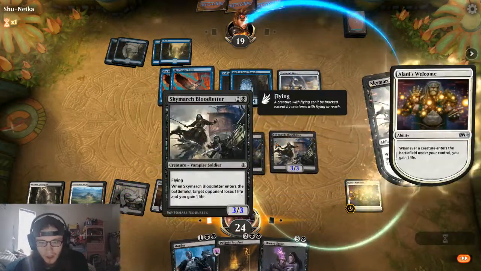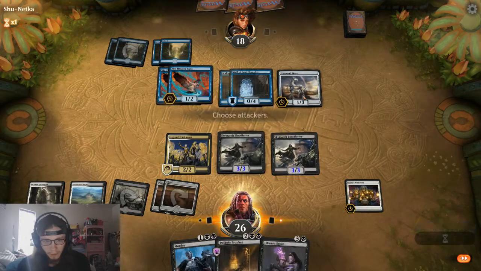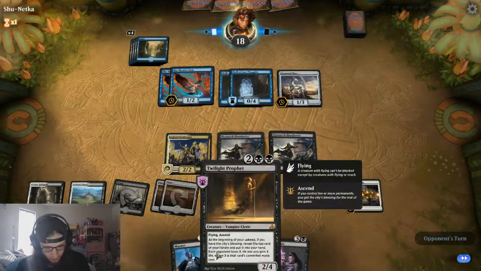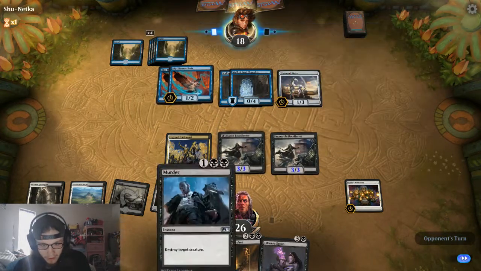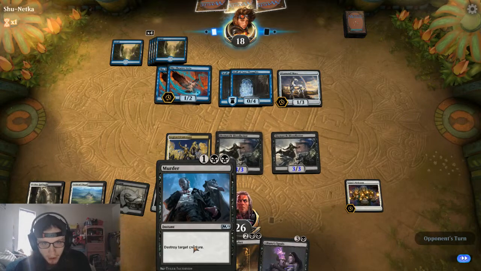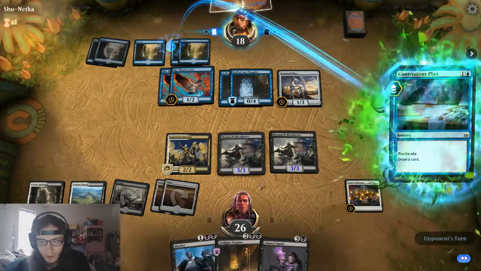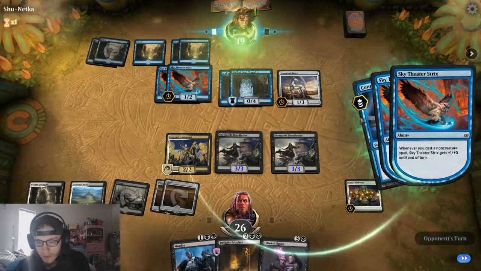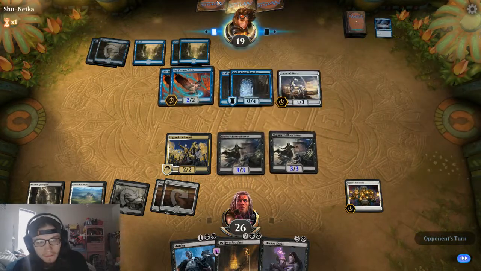Just go ahead and play a second copy of that, get some more life drain going for the moment. Have enough blockers against those flyers. I mean, the defenders really aren't a threat against me right now, but that Diamond Mare kind of is. But I'm gonna wait till they have a bigger creature, because typically mono blue has a tendency to have bigger creatures pretty easily. So